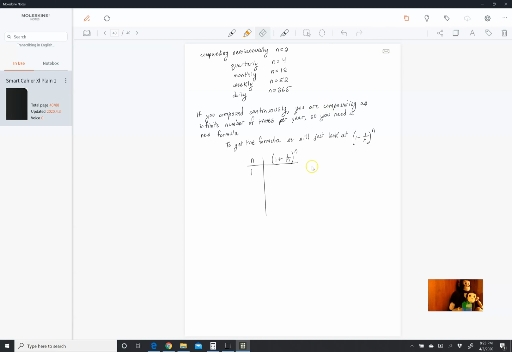So if we plug in 1 for N, and we plug that in over here, 1 over 1 is 1. So 1 plus 1 is 2, and 2 to the first is 2. So we get 2. If we then plug in a larger number, okay, so remember, N is infinity. N is a huge number, so that's what we're doing. We're plugging in a huge number. So if we plug in 1,000, we actually get